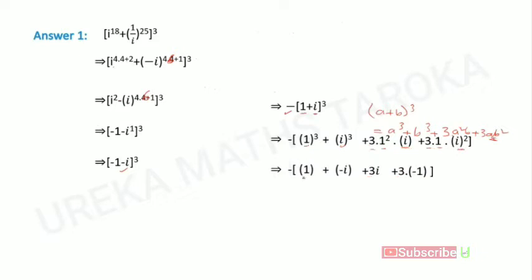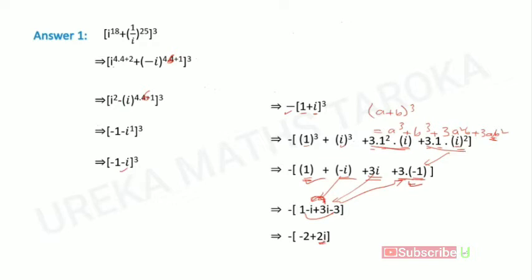Okay, 1 cube is equal to 1, i cube is equal to minus i, this is equal to 3i, this is equal to 3 into minus 1 because i square is equal to minus 1. Okay, so we are having here 1 and minus 3. These two are real numbers and these two are imaginary numbers. So minus 1 is this one, 3i, then this is equal to minus 3, isn't it? So minus 2 using these two, and these two is equal to 2i. Now taking 2 common, we are having this one, minus 2 whole into minus 1 plus 1i. Okay,